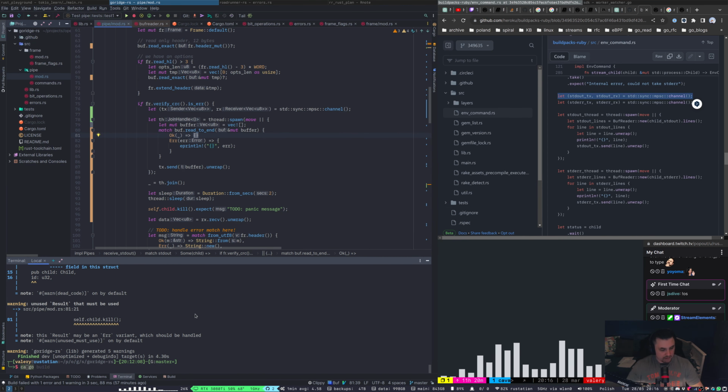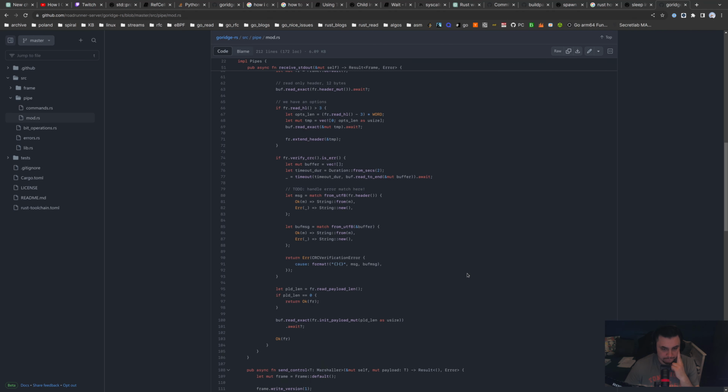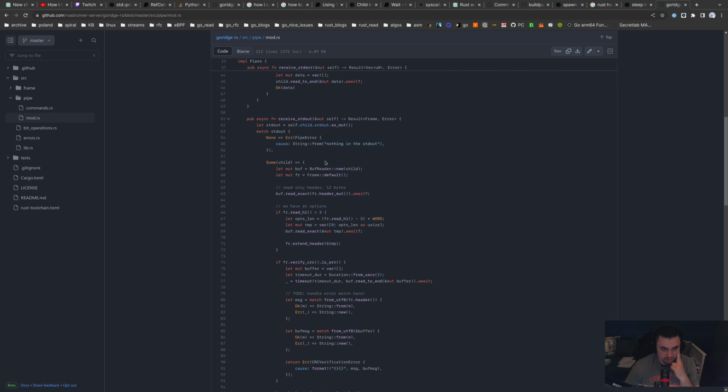So we just need to use a timeout function, which under the hood spawns a thread and does particularly the same as we did manually. But since it's an async function, and